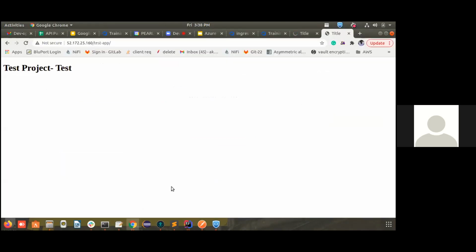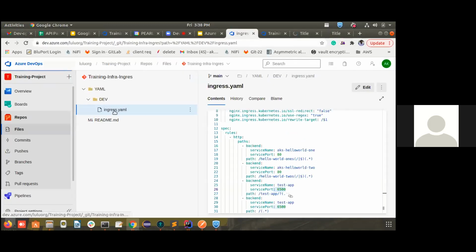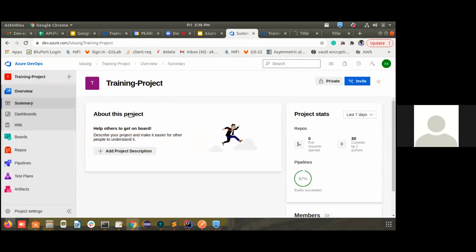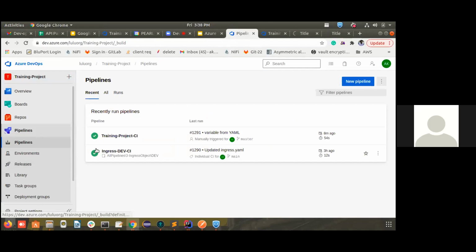Everyone is clear. So our task will be creating one sample application, just like we did. You can use this training project itself, in the Azure DevOps. I think everyone has the login. You can use your team leader's login. You can create a training project. At least one project from one team should be there. You create a sample project. For your project, you create a pipeline.